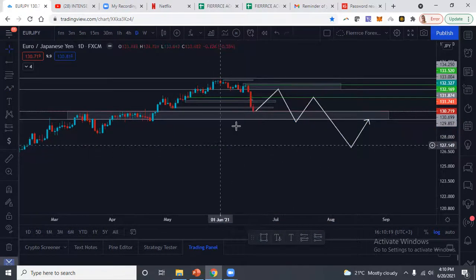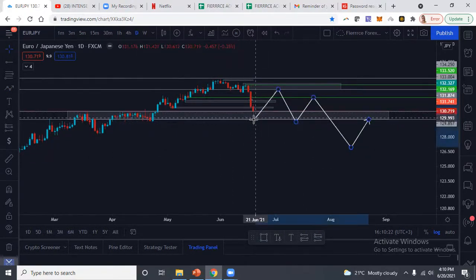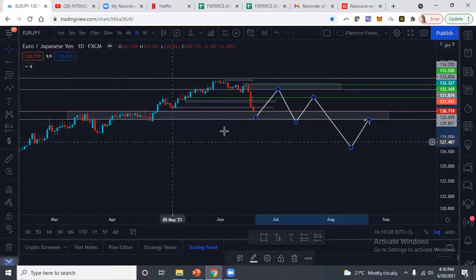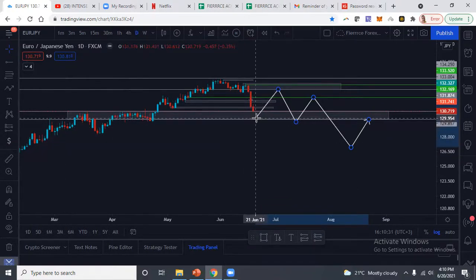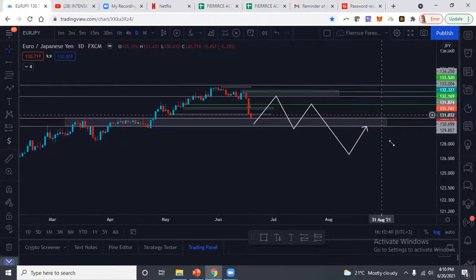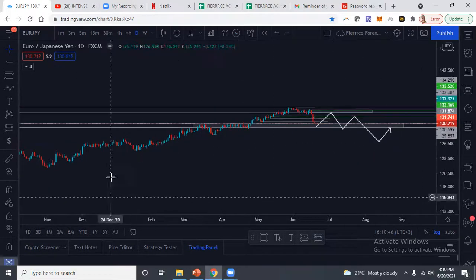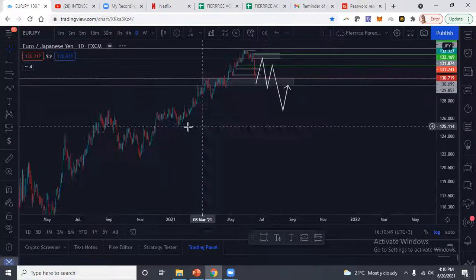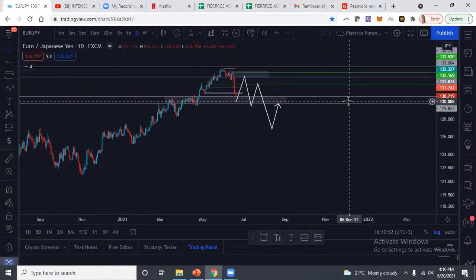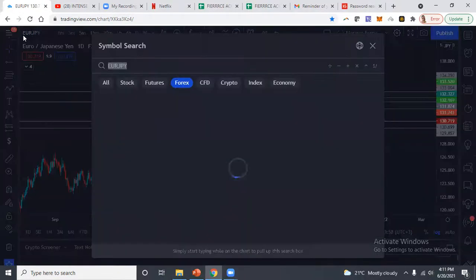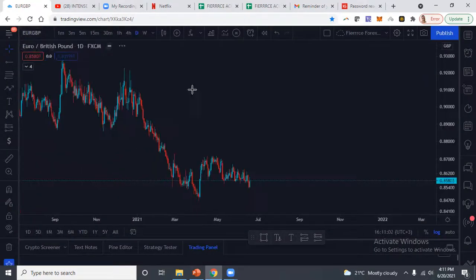What I'm seeing might happen on Euro JPY: this could even go lower and retest these previous levels within this zone, and maybe even push to this other level. But I'm more keen on a bounce off here, a retest of this level of institutional traders, and then a drop to the bottom. Possibly it just continues dropping to clear some liquidity imbalances in the market. But right now, still bullish until it breaks this level of structure, and then I'll be thinking, okay, now we are bearish.